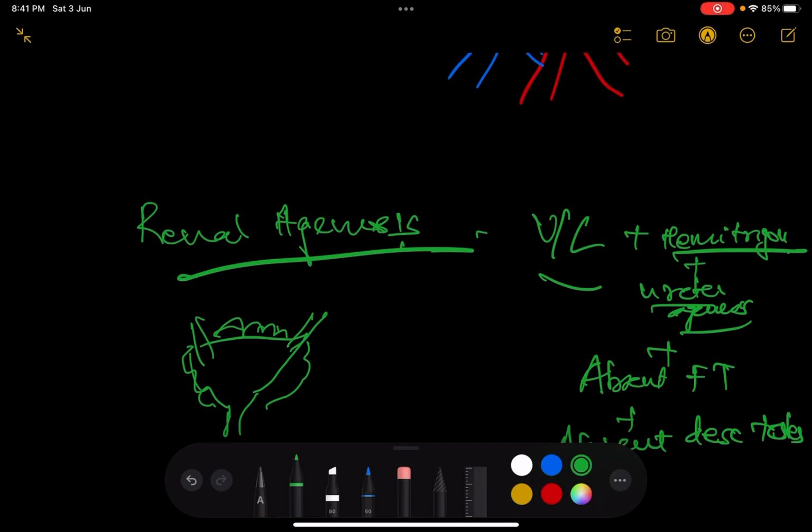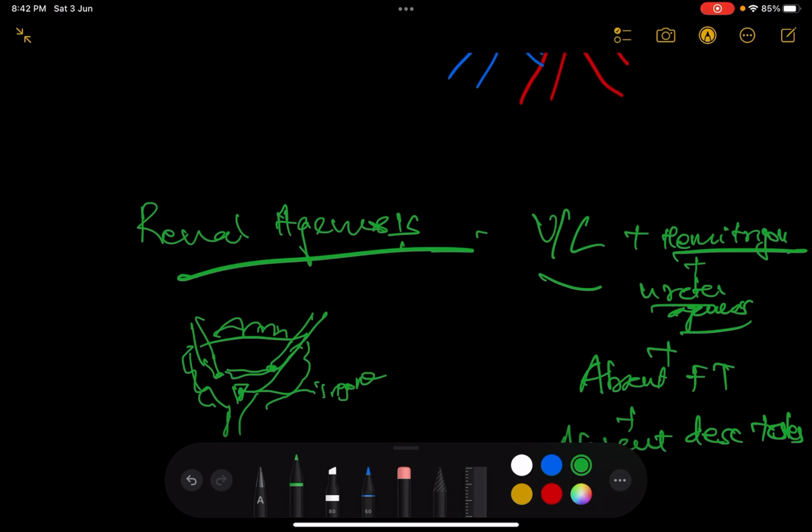So the point where the ureters open intramurally, that is inside the bladder, is the ureteric opening, and a little inferior to that we have this part called the trigone. Okay, so this is the trigone, and